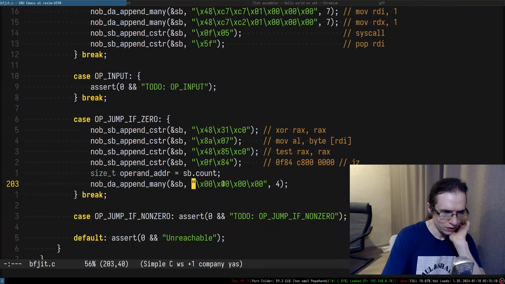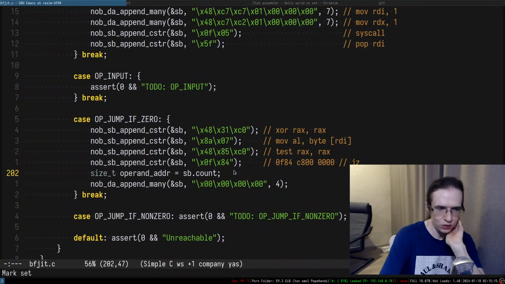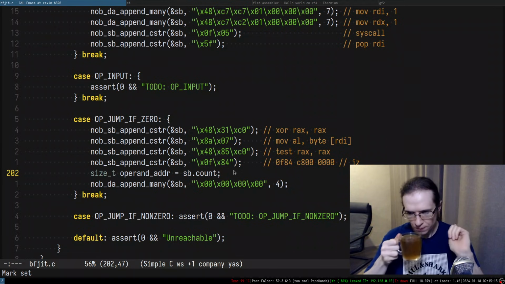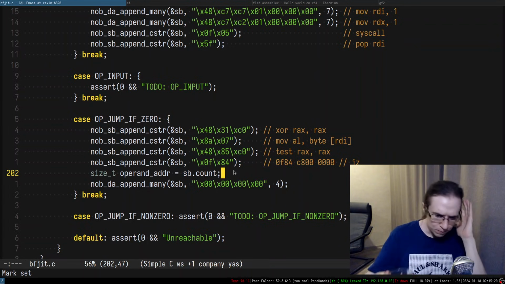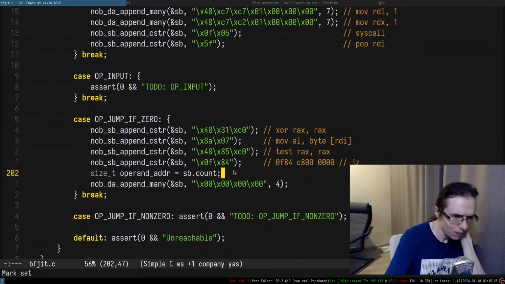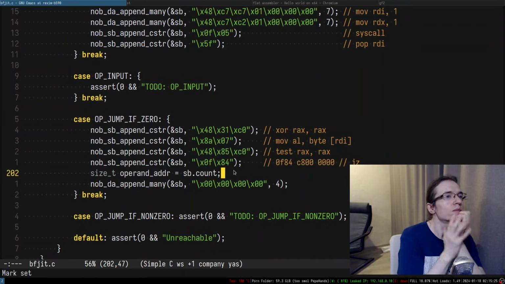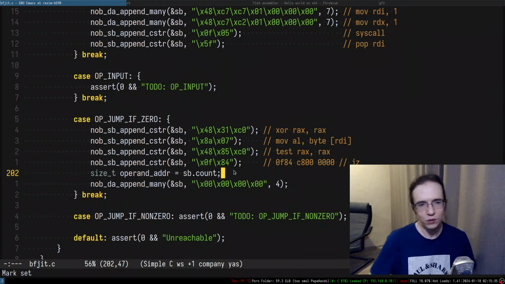Interestingly, this is the operand address that we need to sort of backpatch, and where I'm going to be jumping. So the way, by the way,